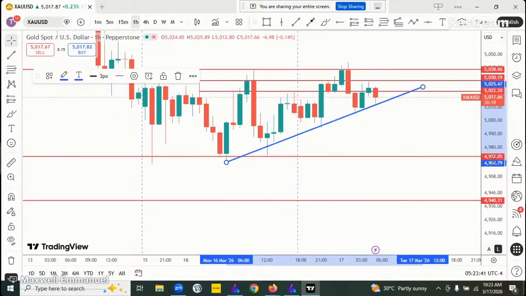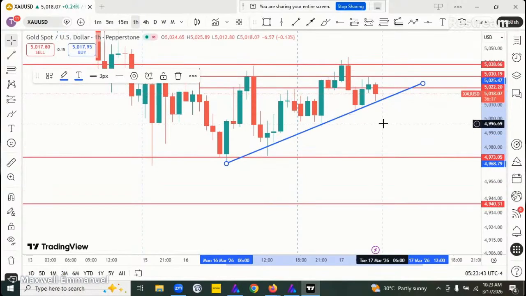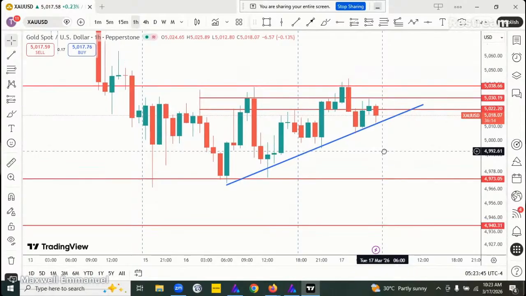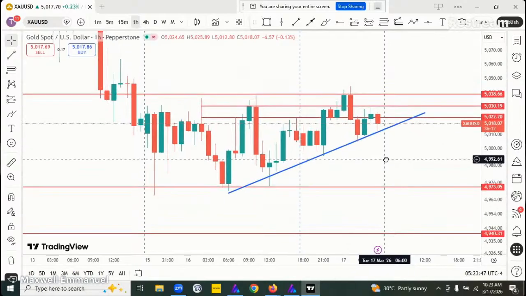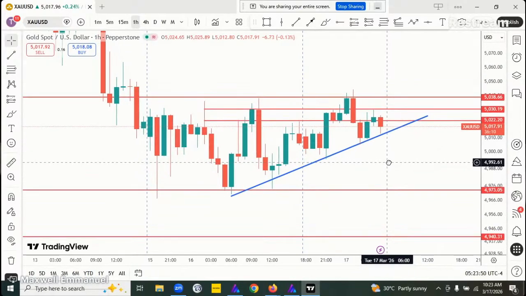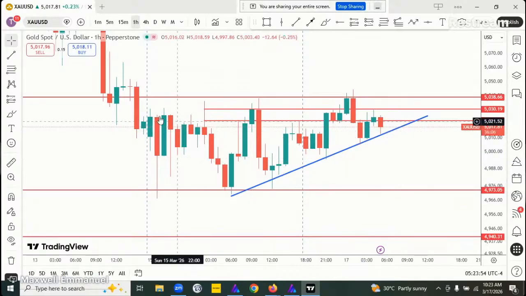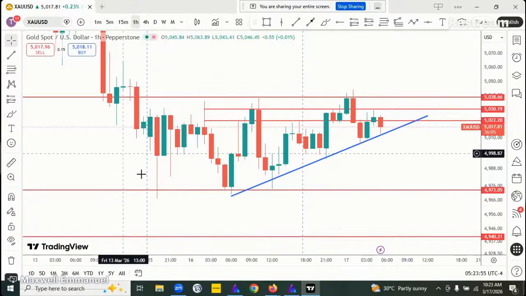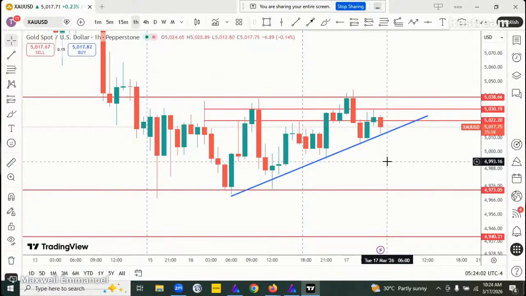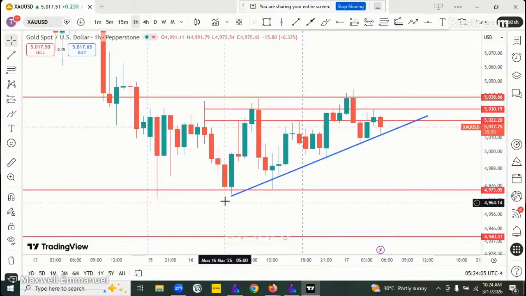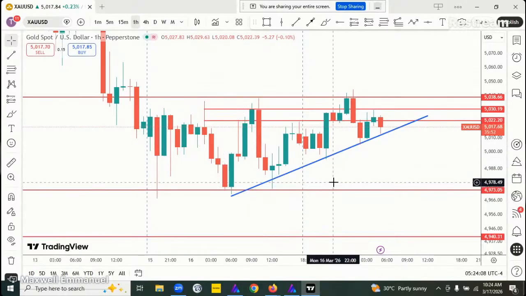So long term, gold is bullish. But for today's market, before FOMC, I think gold is bearish. It's not giving a clear direction, as you can see. From this point, it's been ranging. We're in the midst of this ranging market. If I want to take it, it would be a sell to this sell side. So that's my take on gold.